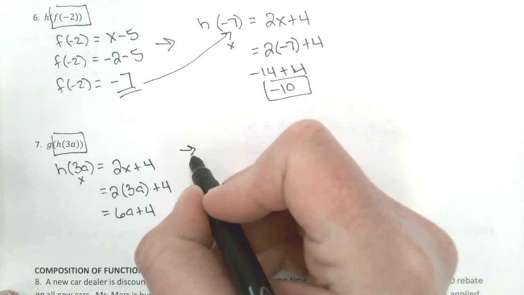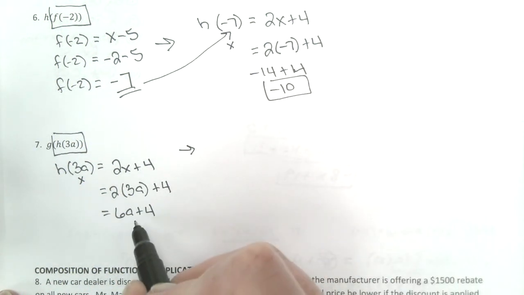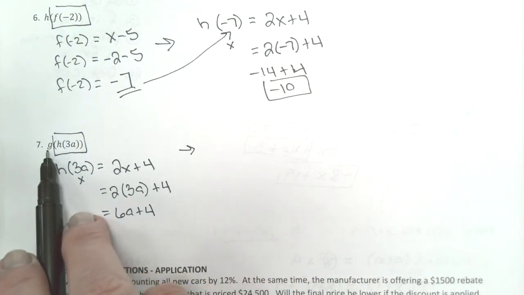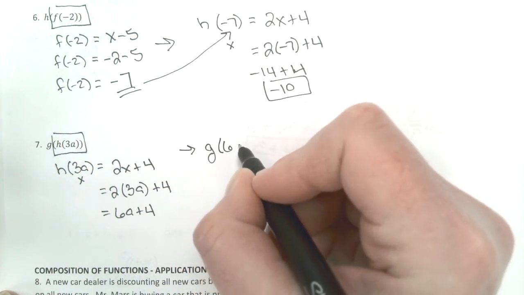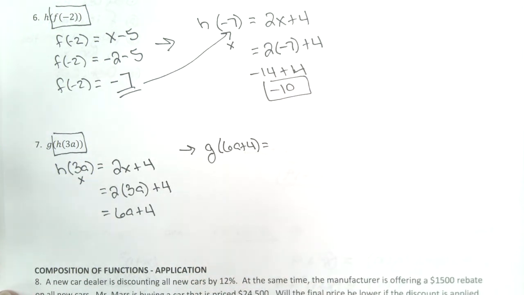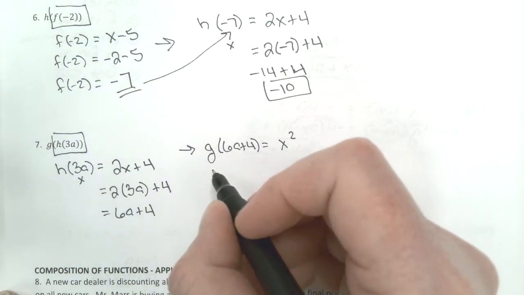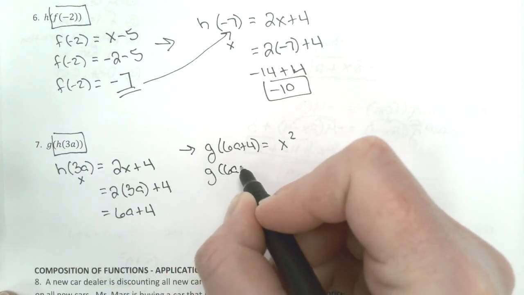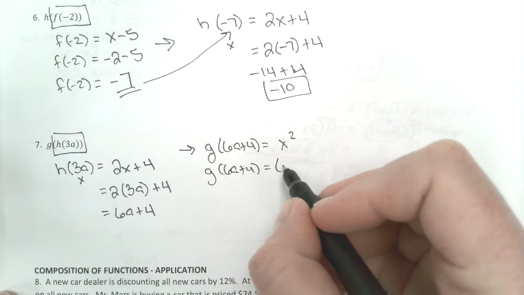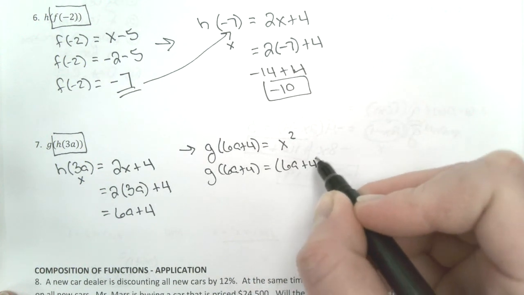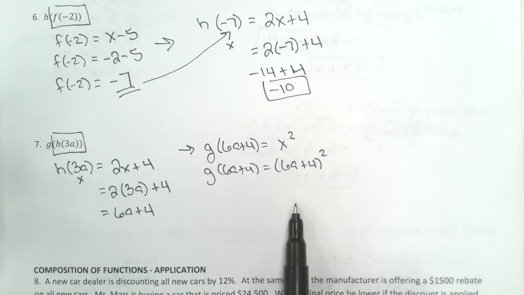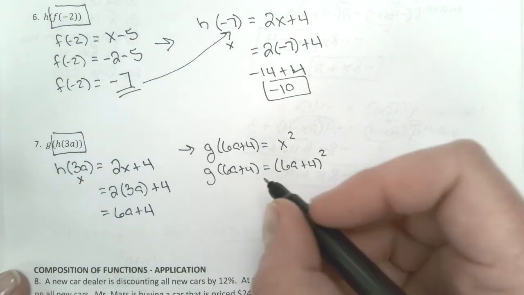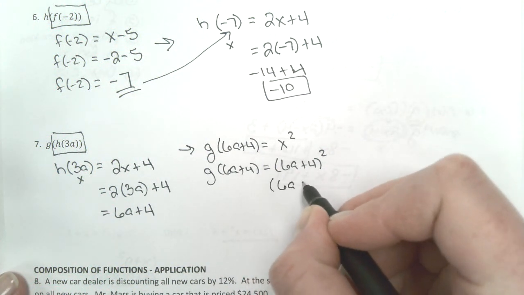All right. Now it says take this answer and plug it into your g function. So now I'm using my g function, and my g function is x squared. Remember, anytime that you plug 2 terms in place of 1, you're going to need to use your parentheses. We did one of these earlier. Anytime you square something, that's the same thing as multiplying it